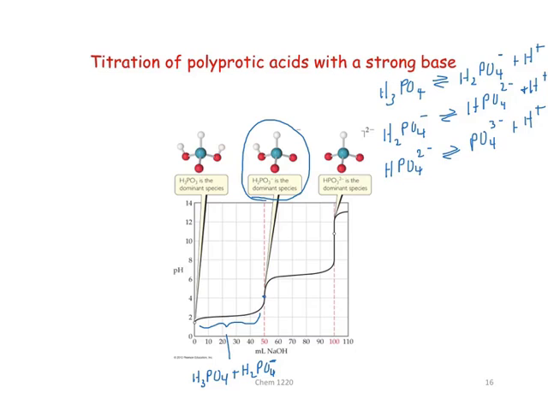All right? Then as we add more sodium hydroxide, we go through another common ion situation. Now we have H2PO4 minus plus HPO4 2 minus. And at the next equivalence point, we have the conjugate base of this acid. So we have just HPO4 2 minus. Oh, those should all be O4s, I guess. Sorry about that. I guess I should go back and